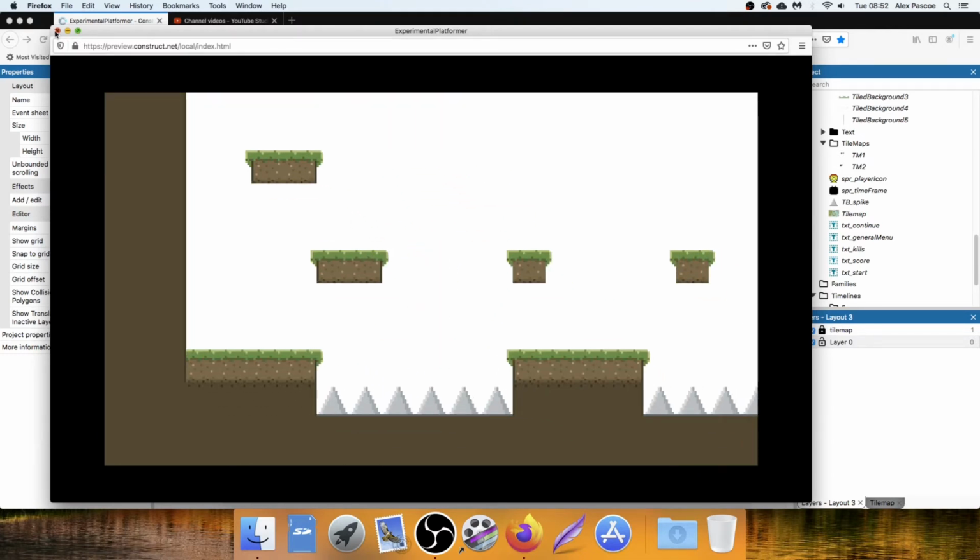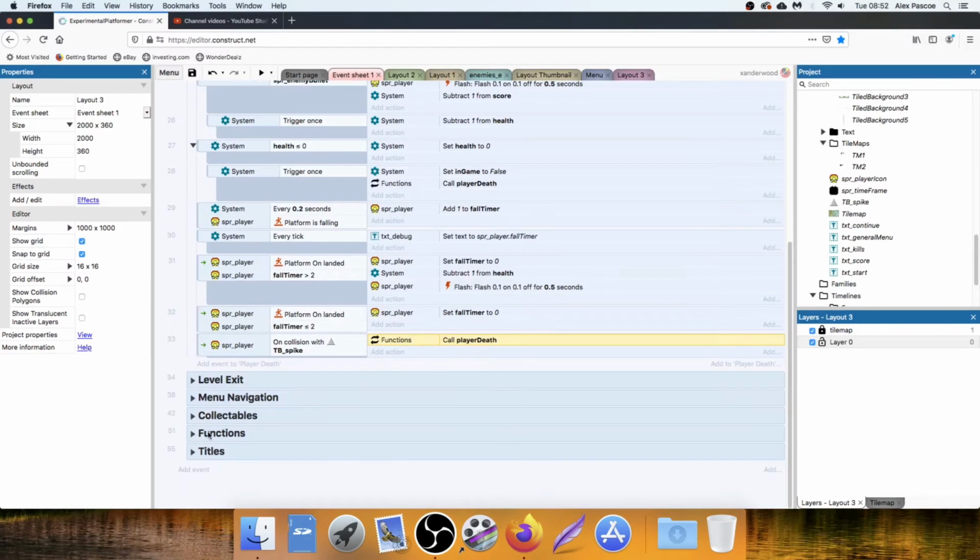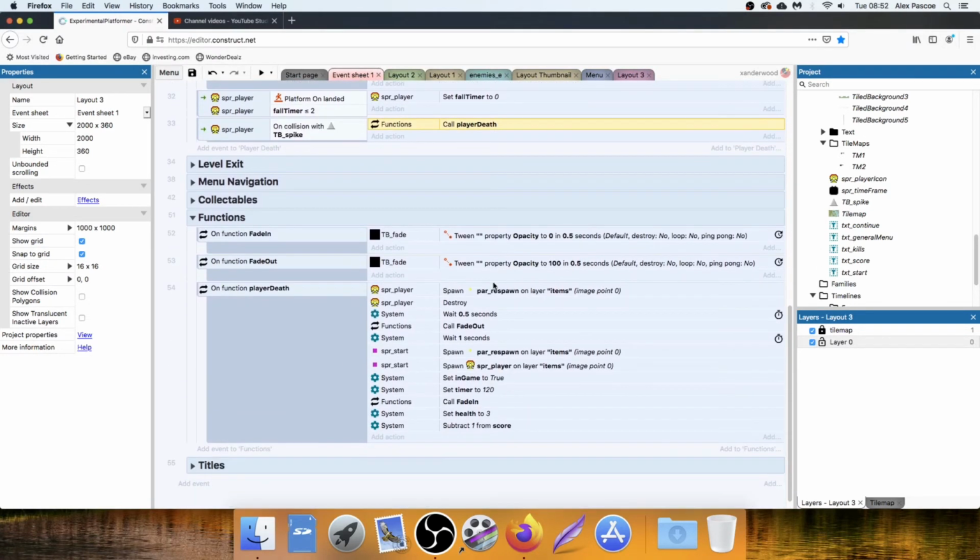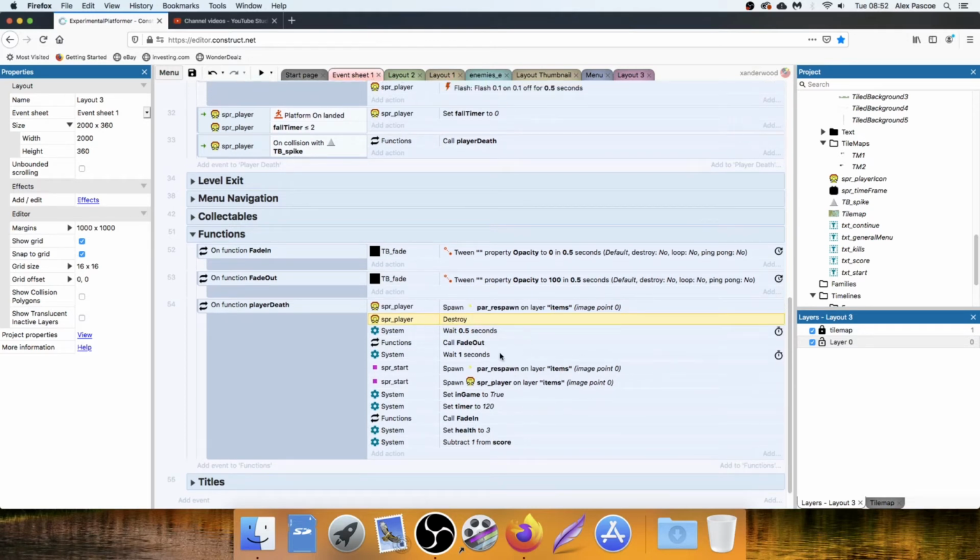He didn't pop. Player death. Okay, because we're calling it on the items layer. We don't have that yet. Destroy, wait 5 seconds. Call fade out. We don't have a fade layer yet. That's why. Wait 1 second. Particles respawn. On items layer, we don't have that. Okay, so it's because we don't have the layers and we don't have